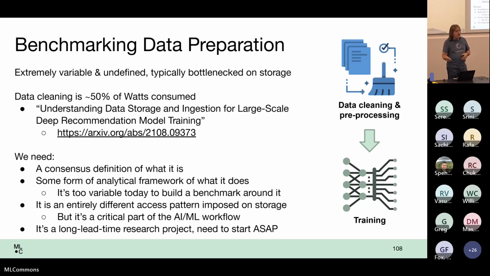So from our point of view, from the storage working group perspective, we would like to be able to simulate the load imposed on storage from that piece of the overall workflow in an AI project. But given that this is very task specific and practitioner specific, having the community develop some guidelines, some middle-of-the-road statements about what data prep is, a consensus definition of what it is, if you will, would help us a lot, because then we could start to build a model around how we emulate that load on the storage.